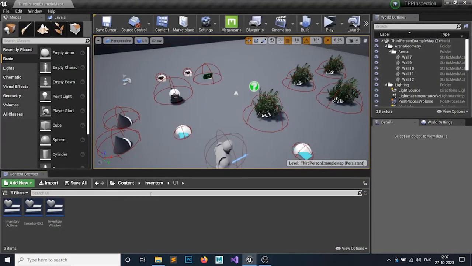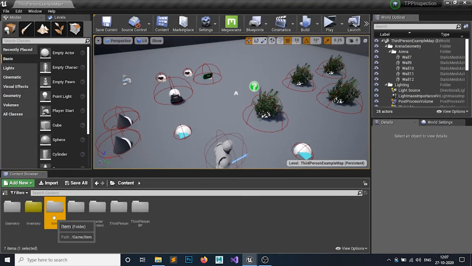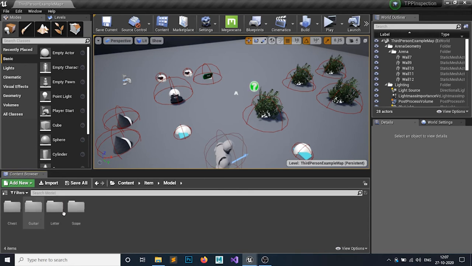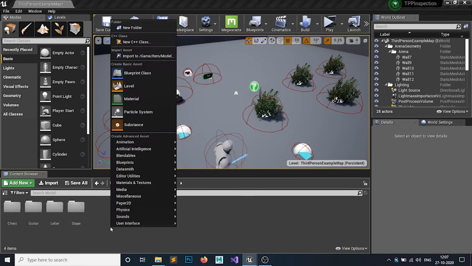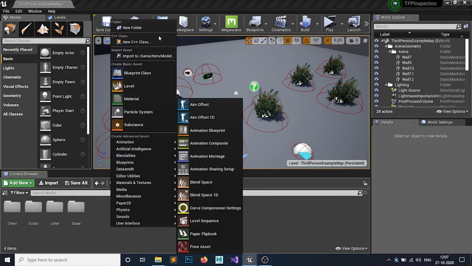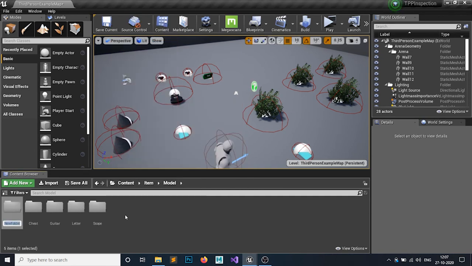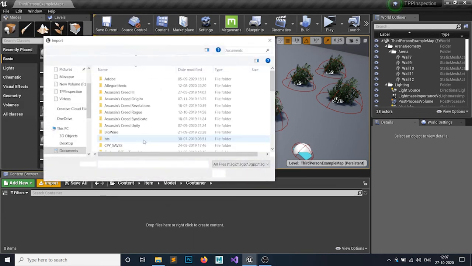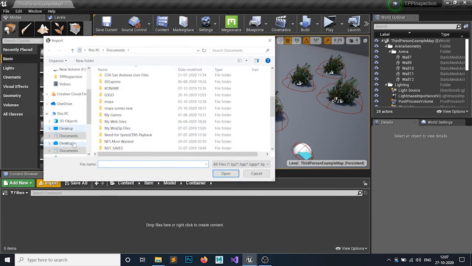Let's make our inventory container. I have made a container, so I'm just gonna make a folder for our 3D geometry. I'm just gonna call it container, and I'm just gonna import one 3D mesh. Pardon, not this.